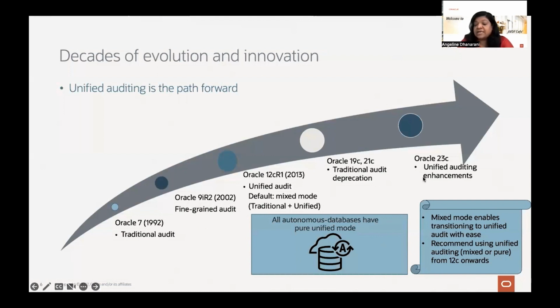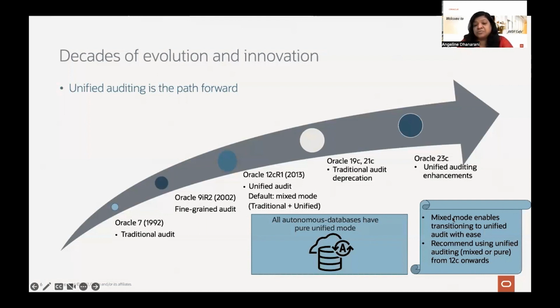So in a way, unified auditing is the path forward, and we encourage all of you to move. I think about 50% of whoever has joined use a traditional audit configuration, or probably you're using the mixed mode. So maybe you can make plans to move to pure unified audit at some point in 19C or 21C while you're starting to configure. And by the way, all our autonomous databases don't have traditional audit.